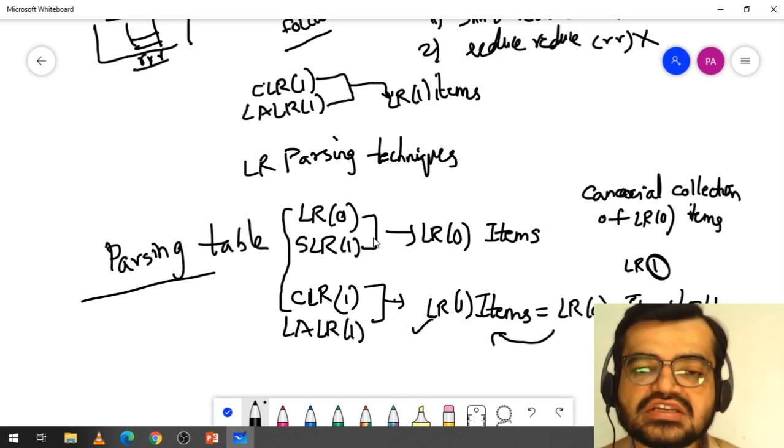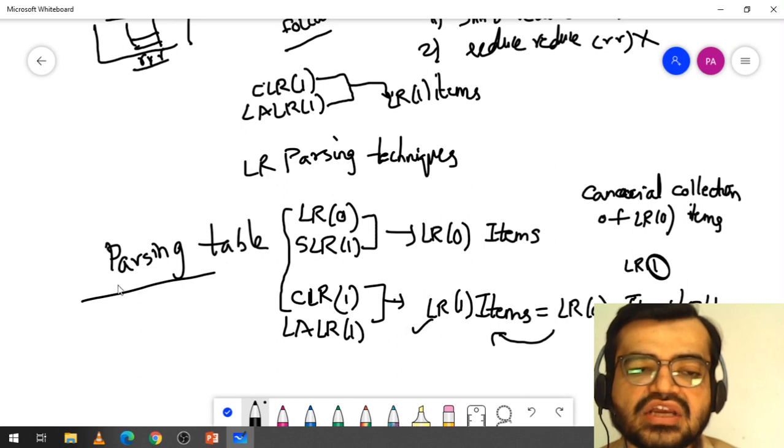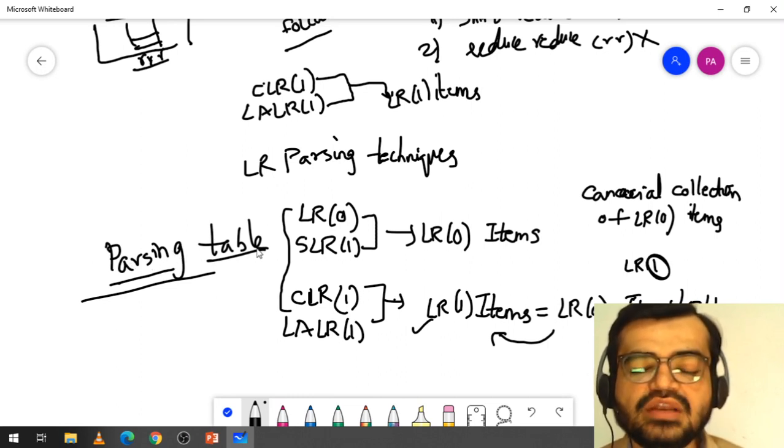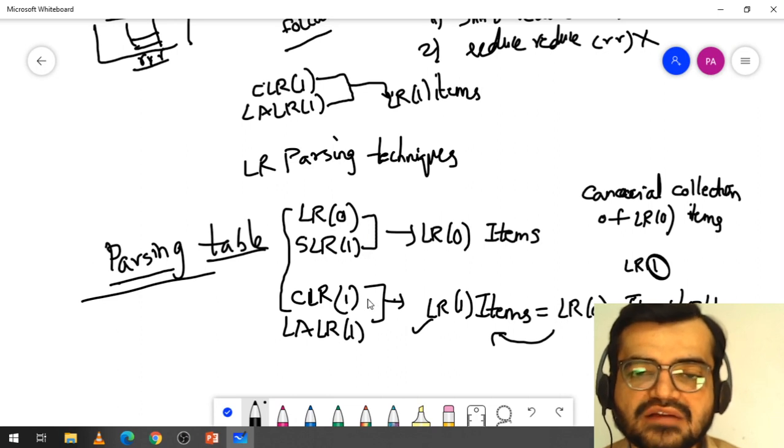The procedure followed is similar in all four types of parsing techniques; only the parsing table differs. The procedure to be adopted in the parsing table will be different in each of the four kinds of parsing techniques.